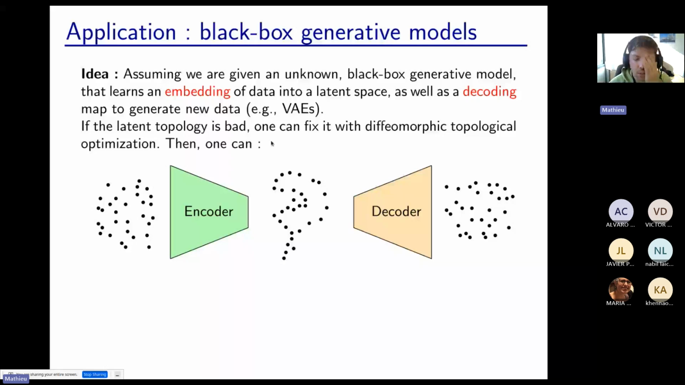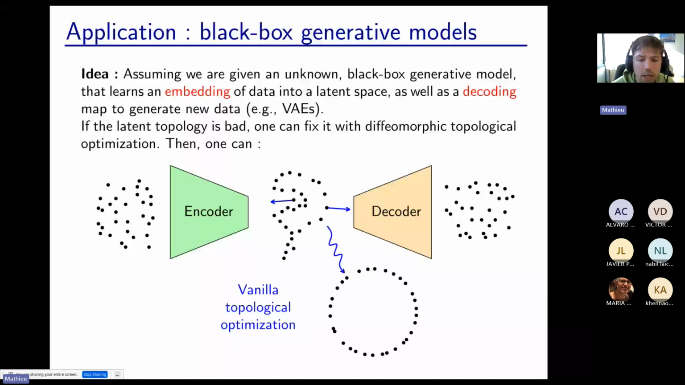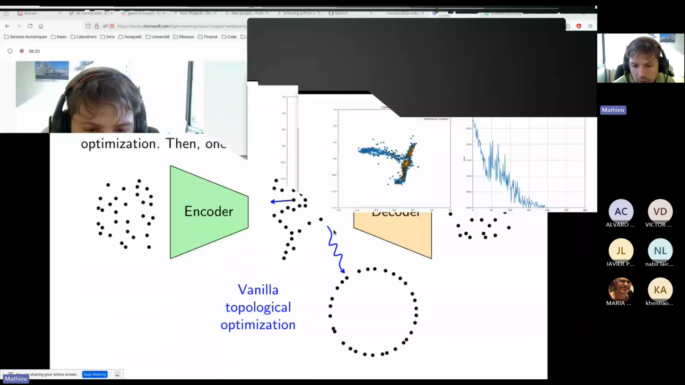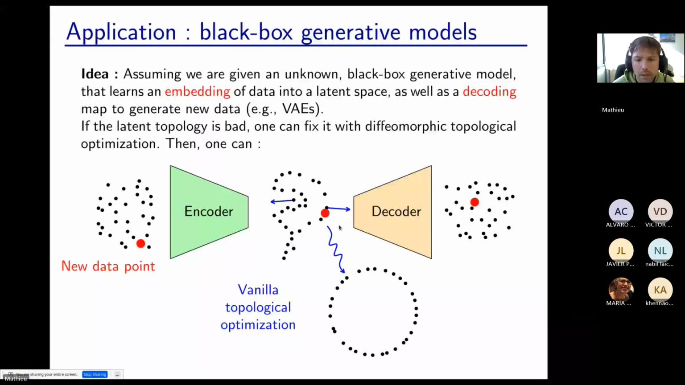So an issue with this, let's say you know that your dataset should follow a circular structure. Maybe you have some periodic data, so you want to make sure that the latent space looks like a circle. So in that case, you can apply the usual topological optimization on the latent space to get a latent space that looks like a circle. But if you stop there,